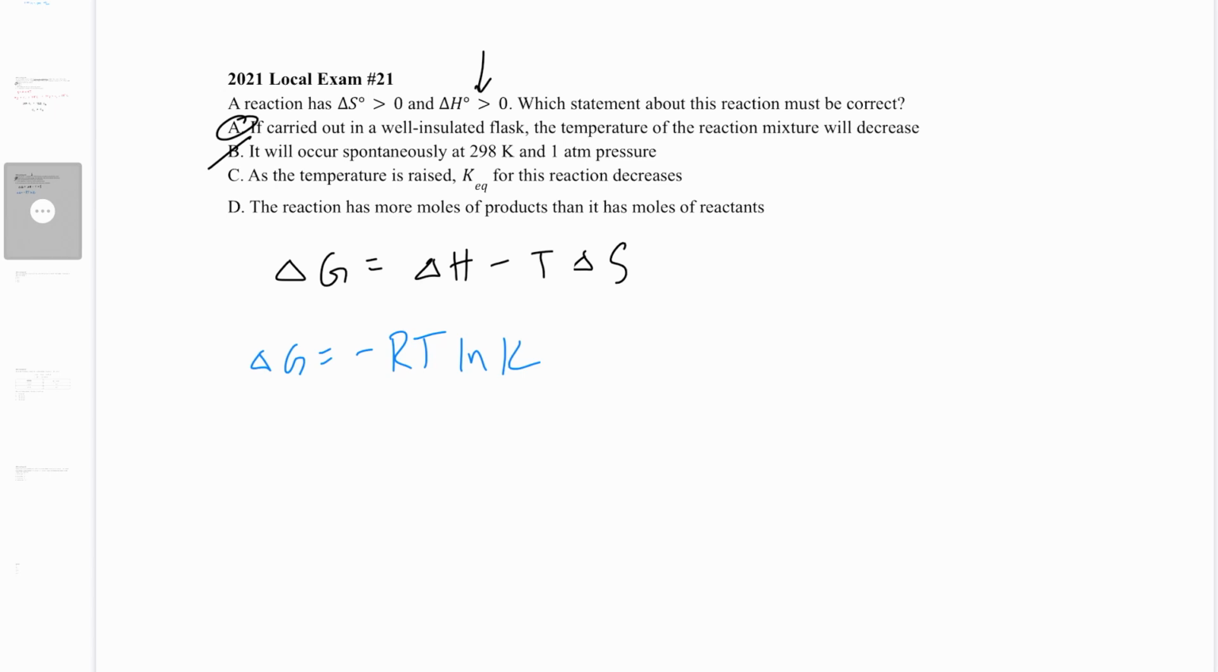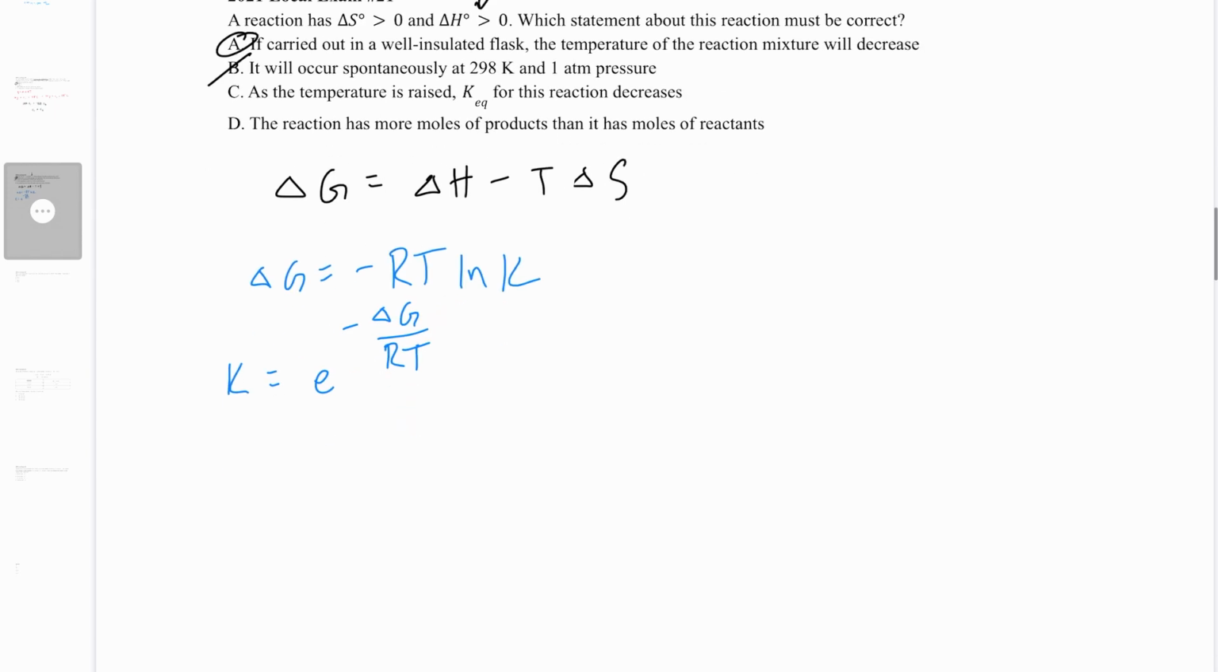Delta G is your Gibbs free energy, R is your gas constant, T is your temperature, and K is your equilibrium constant. To better understand the relationship between your K and your temperature, we can rearrange to have K on one side. So K comes out to e to the minus delta G over RT. And from this form, you can see more easily the relationship between temperature and your equilibrium